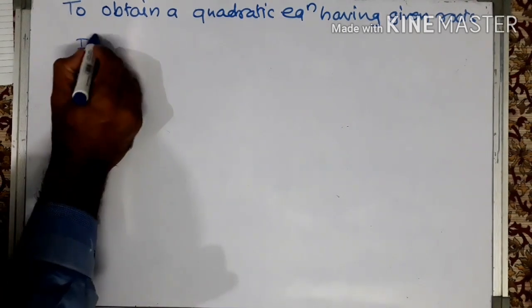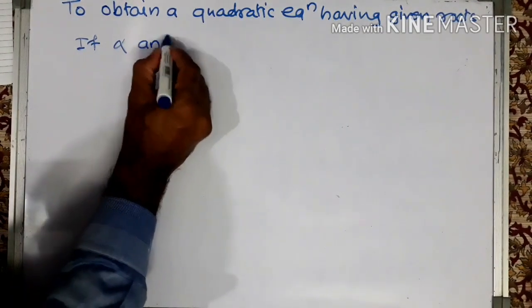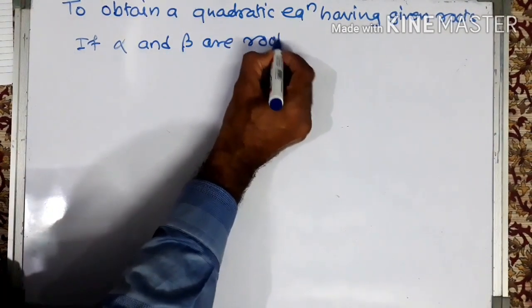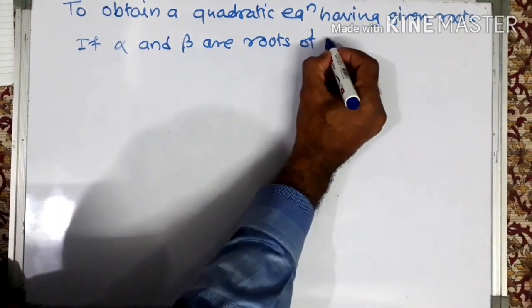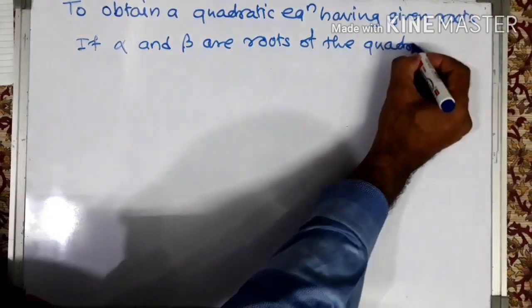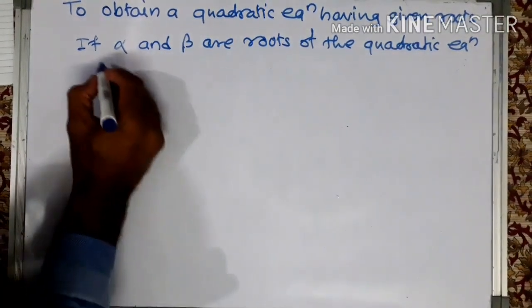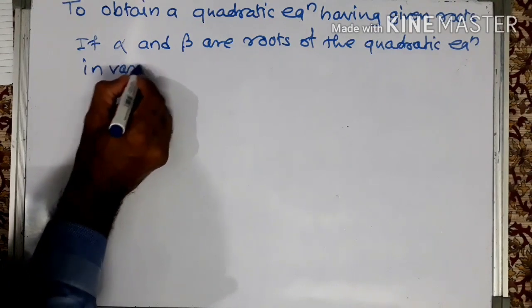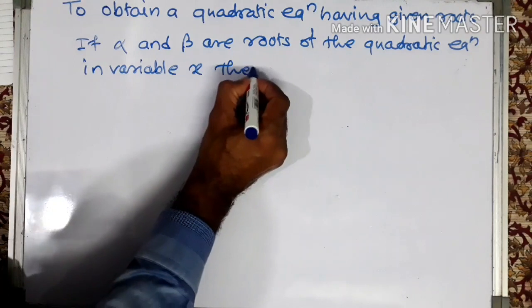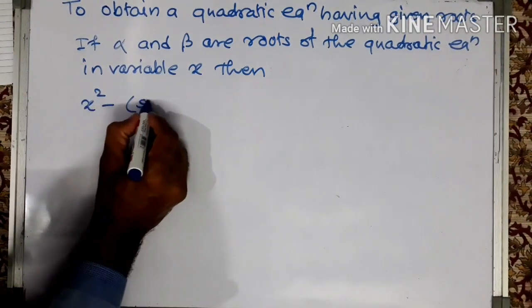If alpha and beta are roots of the quadratic equation in variable x, then x square minus sum of